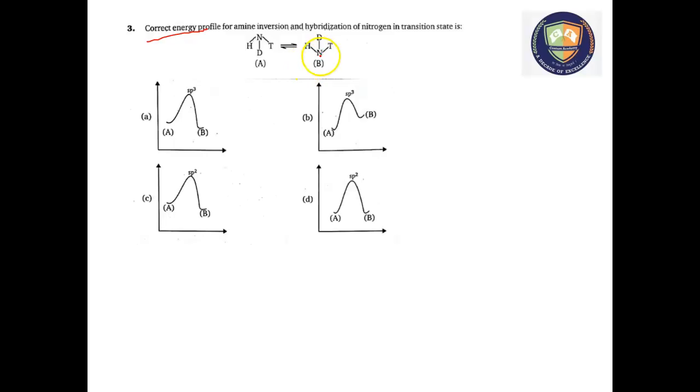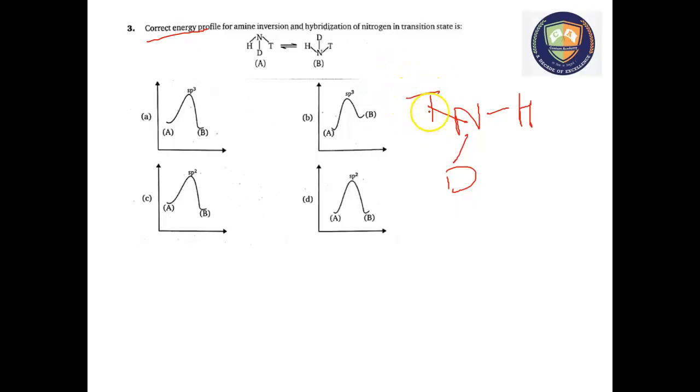And in this B structure, nitrogen is also attached to the same atoms, hydrogen, deuterium and tritium, and it has a lone pair over it. So from A to B there is a transition state formed between these structures A and B. So what will be the transition state? That will be the one in which nitrogen is attached to hydrogen and deuterium,